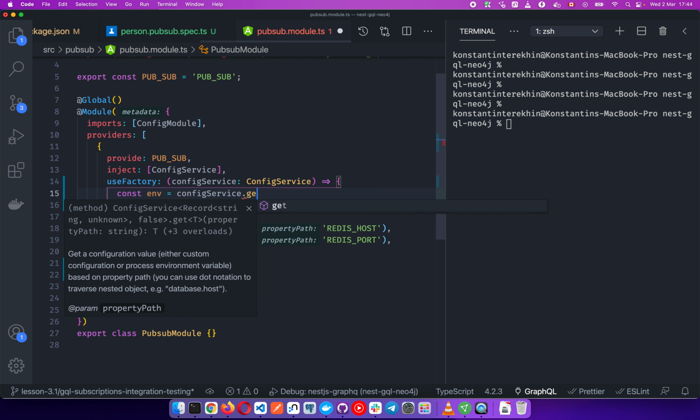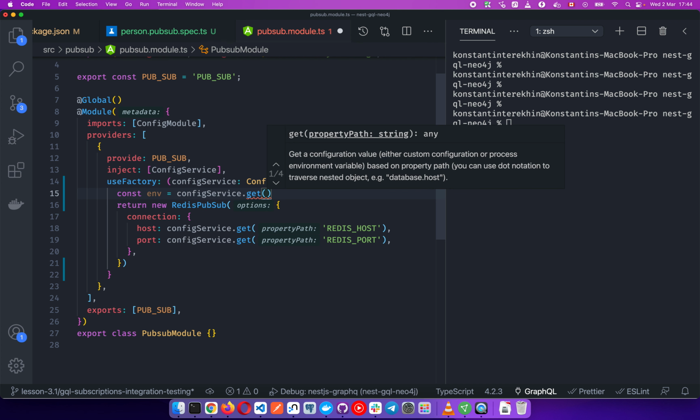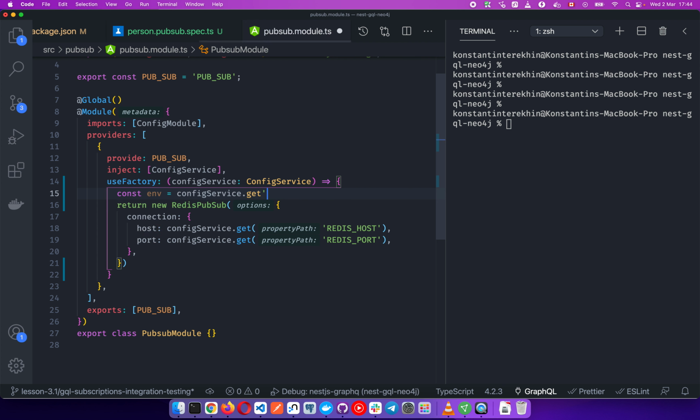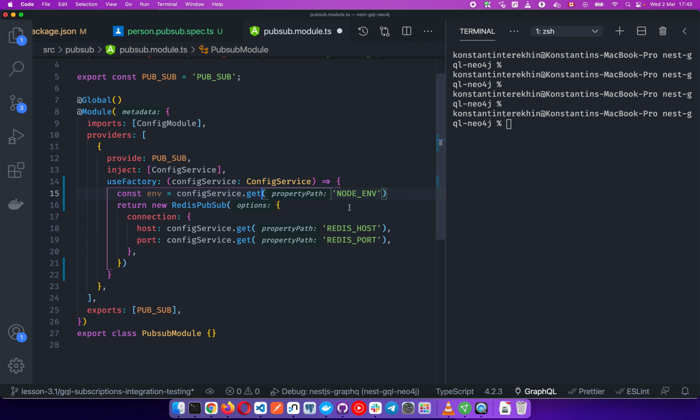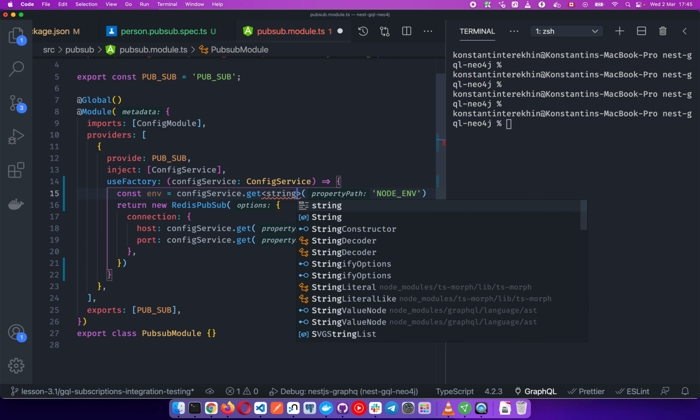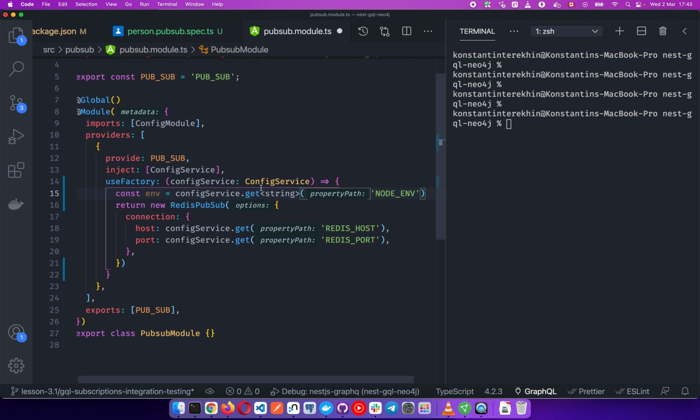So it's going to be config service.get node